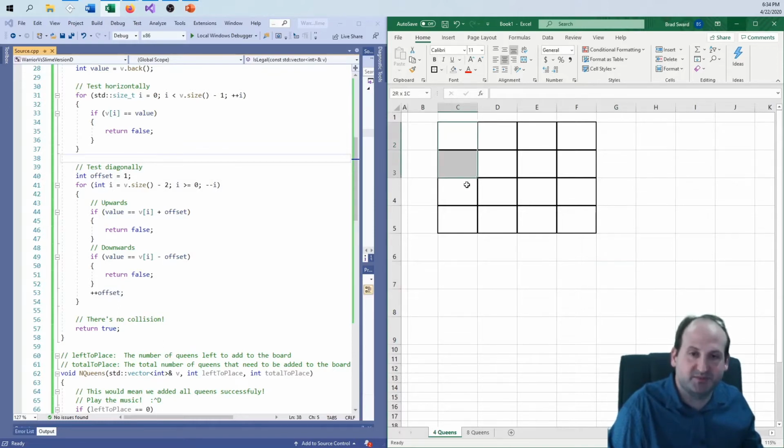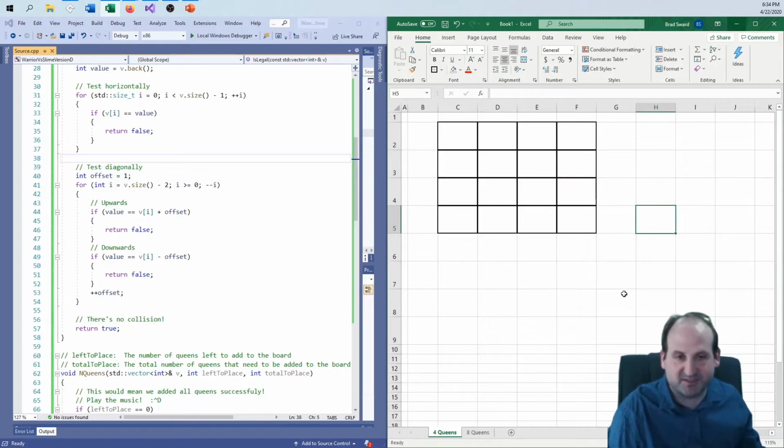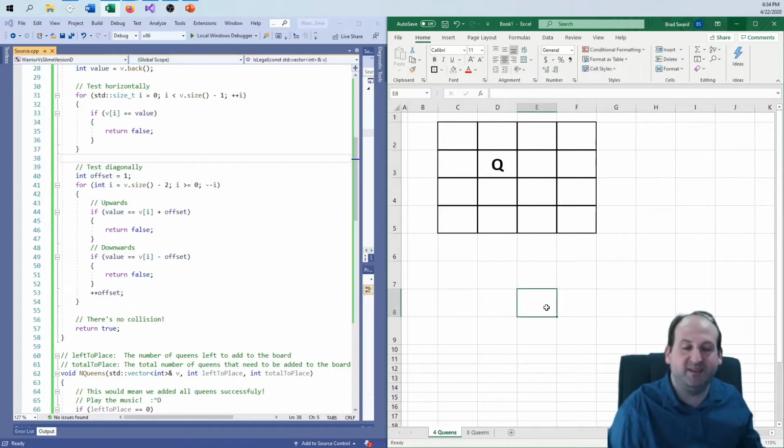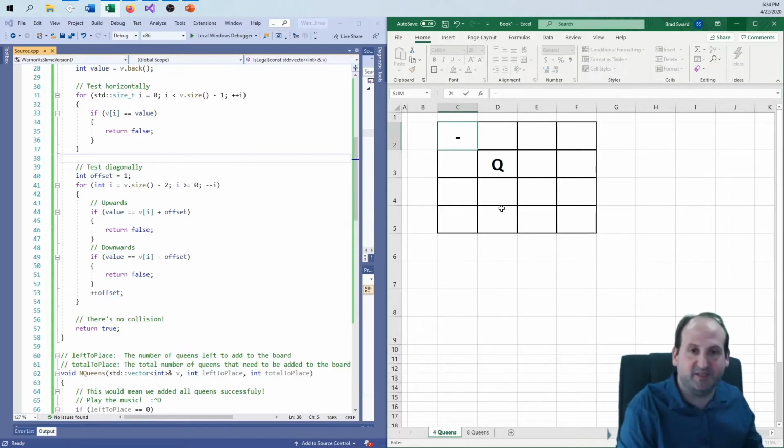So let's just presume we have a 4x4 chessboard, just to get the simple case out of the way here, and say a queen in chess, if I put a queen down here, the queen can attack in any direction in any number of squares. So that would mean that I could put a queen here. If I put a queen here,